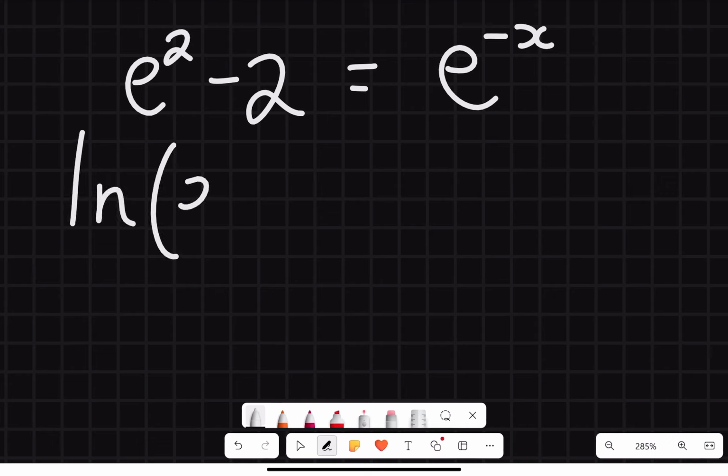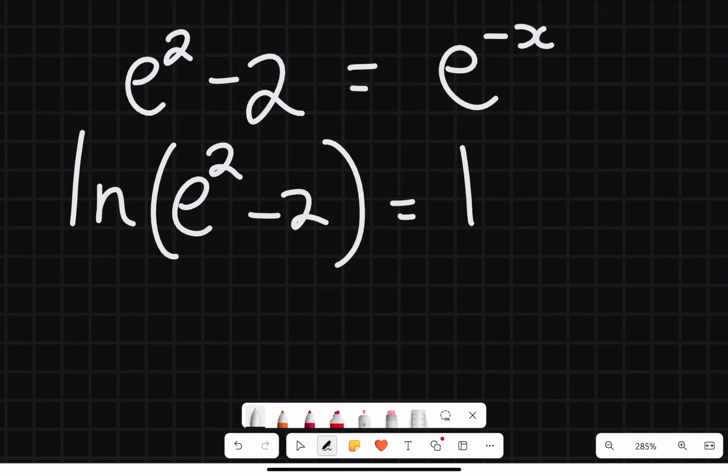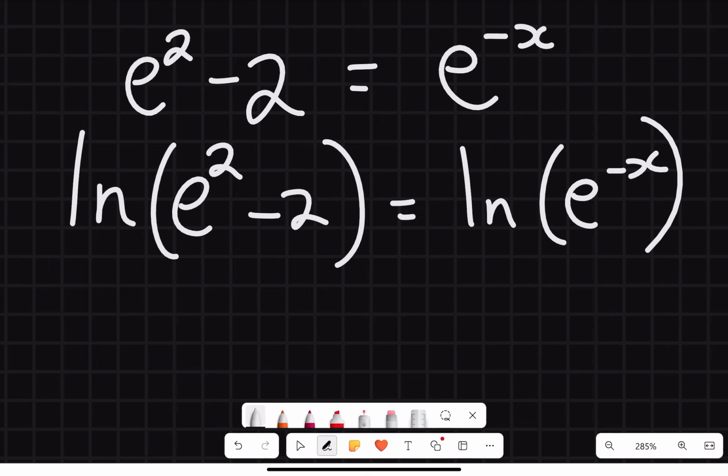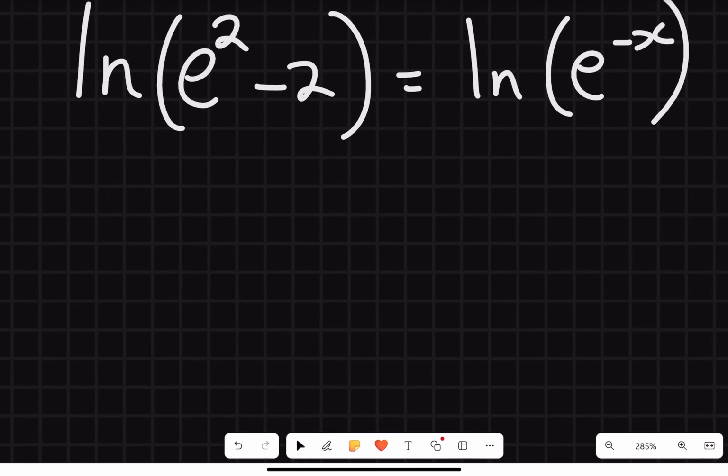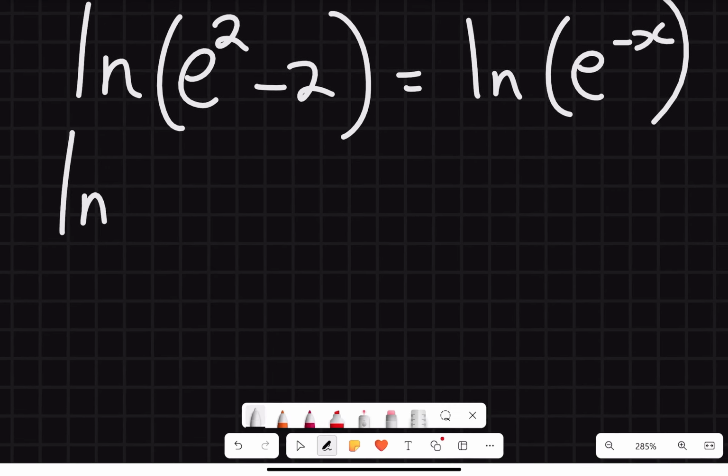So here I have ln(e^2 - 2) is the same as ln(e^(-x)). And this will give me ln(e^2 - 2)